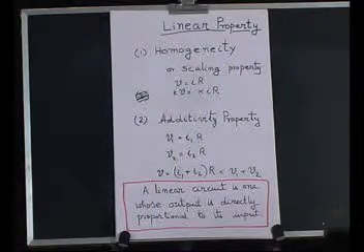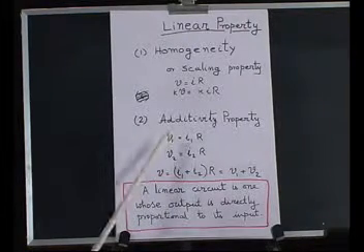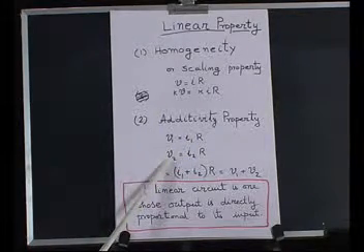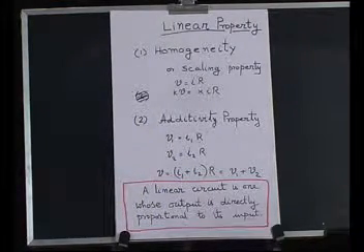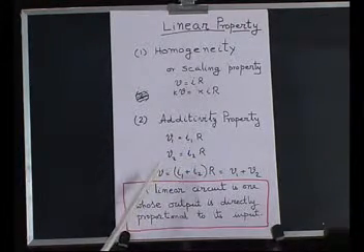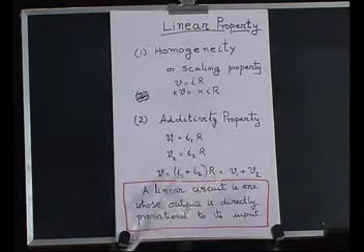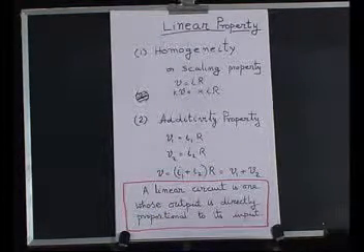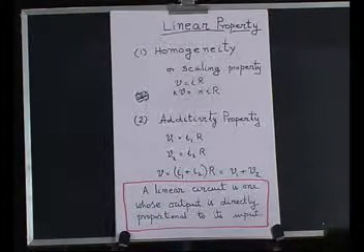The second property is called the additivity property. For instance, because of one voltage V1, we got the response I1. Because of a second voltage V2, let us say we got the response I2. If these two are simultaneously applied in a particular circuit, then the total voltage V is the sum of V1 and V2, which is equal to I1R plus I2R. Therefore, we define a linear circuit as one whose output is directly proportional to its input.